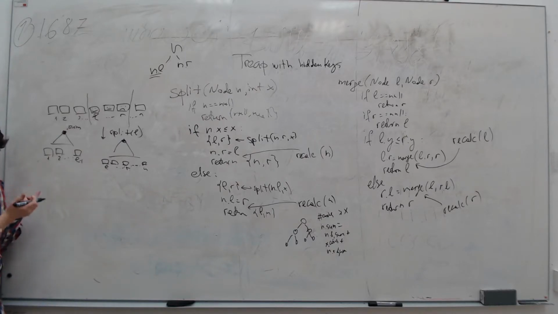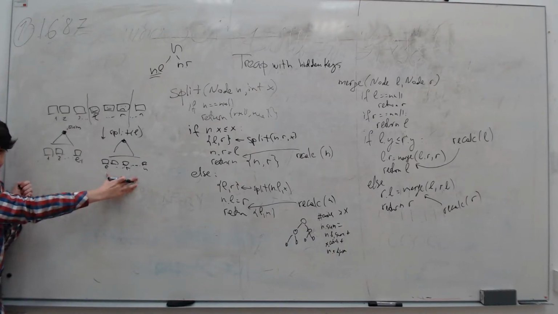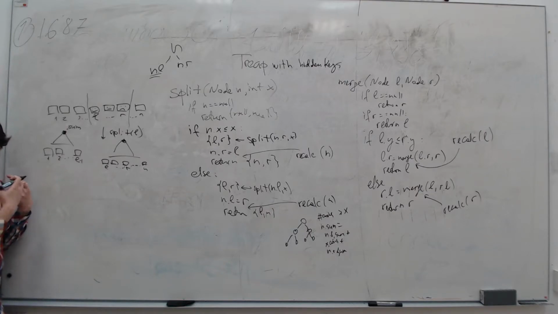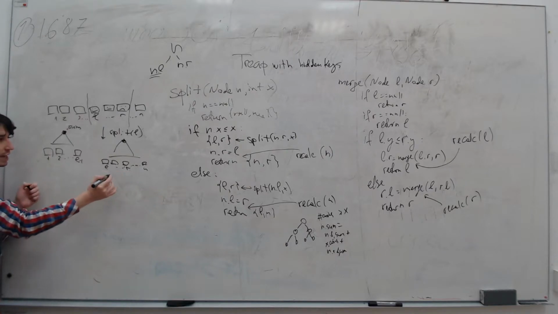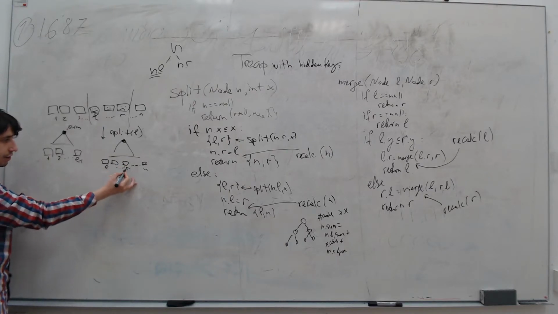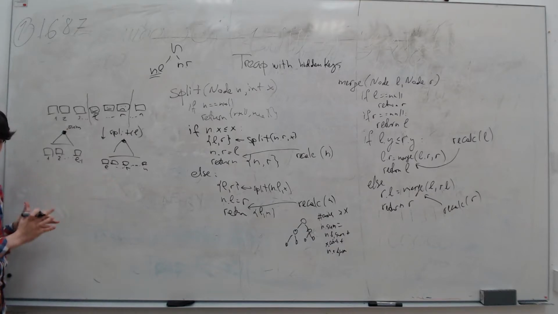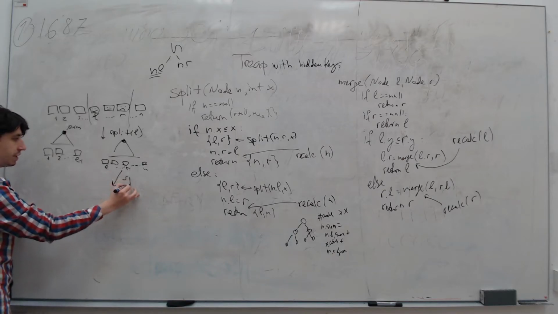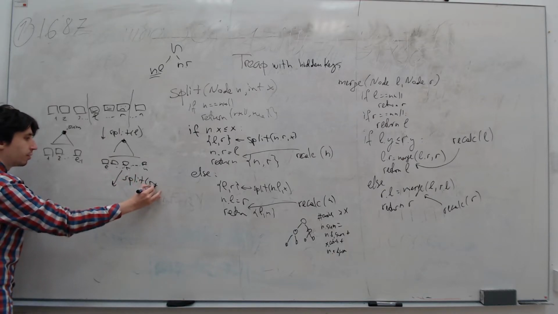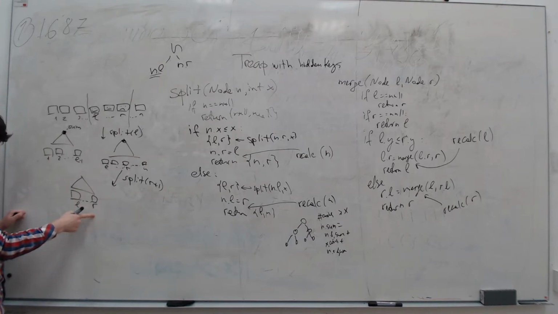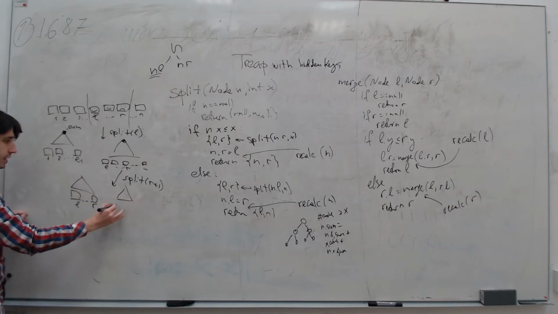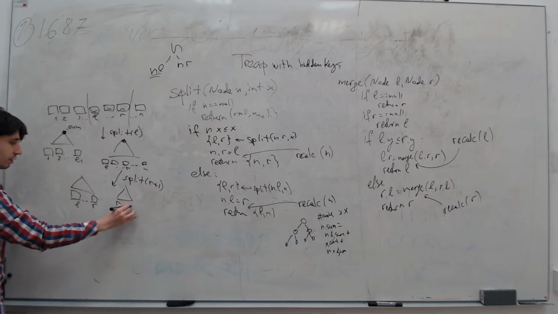However, the question was not about the prefix or the suffix, but the question was for L to R. And for that I asked, okay, how can I get the tree that contains only elements from L to R? Then I should make a split here by R plus 1, and you will get the tree that maintains elements from L to R, and the tree that maintains elements from R plus 1 to N.